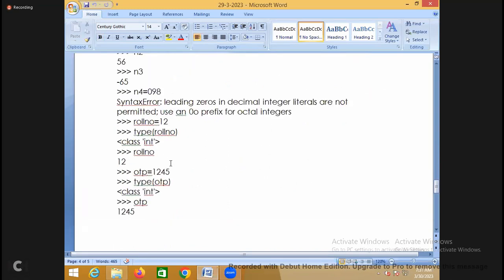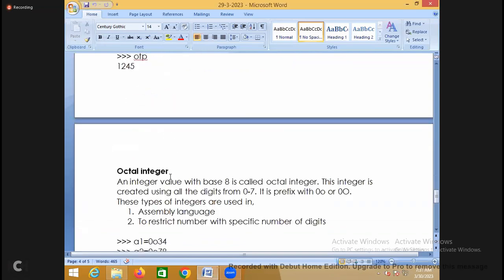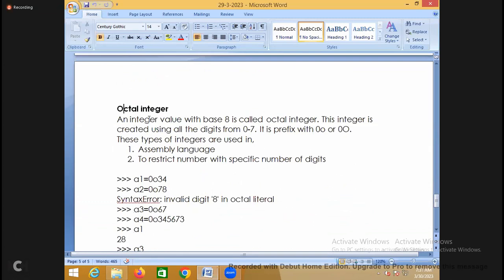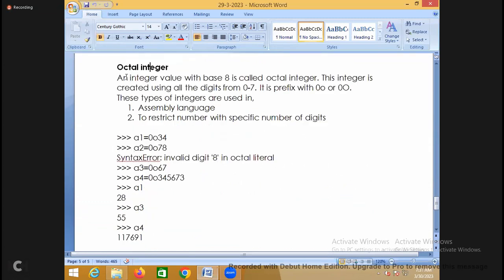For example, roll number is an integer, OTP number is an integer, right? And there is one more integer which is called an octal integer. An integer value with base 8 is called an octal integer. This integer is created using the digits from 0 to 7, and it is prefixed with what? 0o or 0 capital O. These types of integers are used in assembly language and to restrict the number to a specific number of